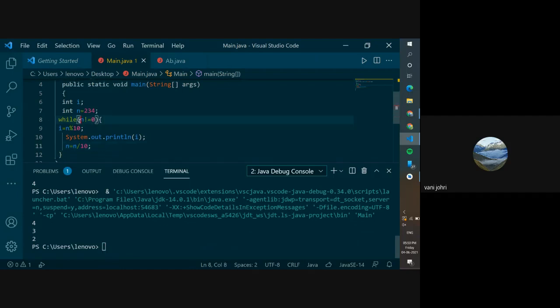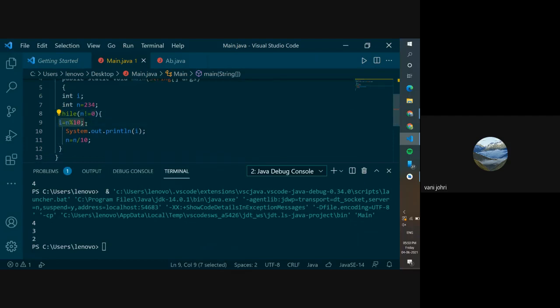You take the number and you put the condition while number is not equals to 0, right? While that number is not equals to 0, you're gonna calculate i equals the number, like you're just using i to store it. Okay, you take the number modulus 10, and what does the modulus return? It returns the remainder, right? So quickly, you guys in your head can do 234 divided by 10. What's gonna be the remainder? 4. Yes, so I hope everybody visualizes that. When we divide 234 by 10, we get 4. Okay, and then that's the 4 we printed over here.